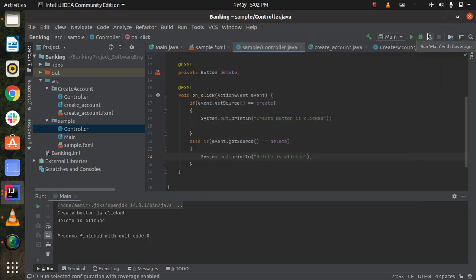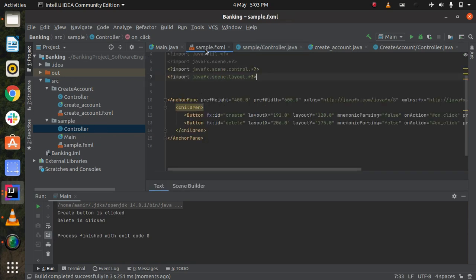So this is a short tutorial on how to create a controller class and how to use it. This is a short tutorial of how to handle user events and how to differentiate between different buttons. So the controller class and the sample.fxml file, these are important.